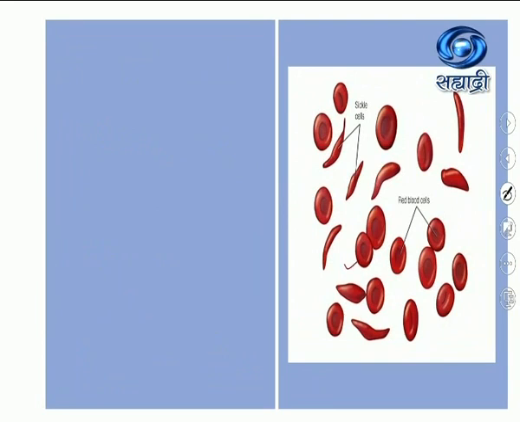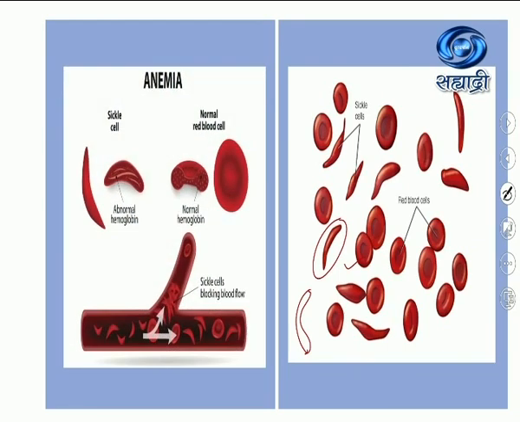Normally, the RBCs are oval in shape, biconcave, isn't it? Enucleated. But because of the change at the sixth position in the beta globin chain, the shape of the RBC becomes like a sickle. In Marathi we call it विळी. It becomes like a sickle. Now, as it is becoming like a sickle, it is not able to flow properly in the blood vessels and it starts clogging the blood vessels. So you can see this is a normal hemoglobin placed in the biconcave disc RBC, and here the abnormal, sickle-shaped hemoglobin is not able to flow properly in the blood vessels.